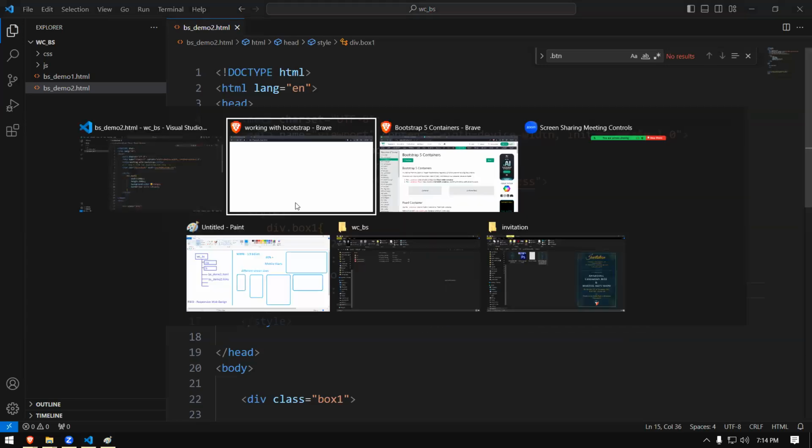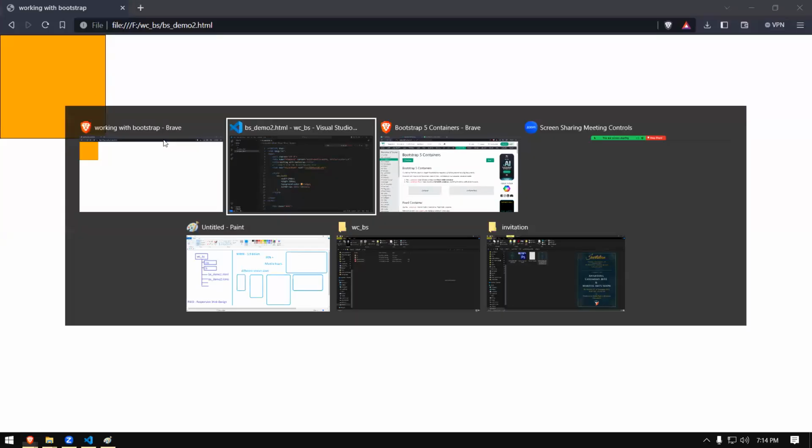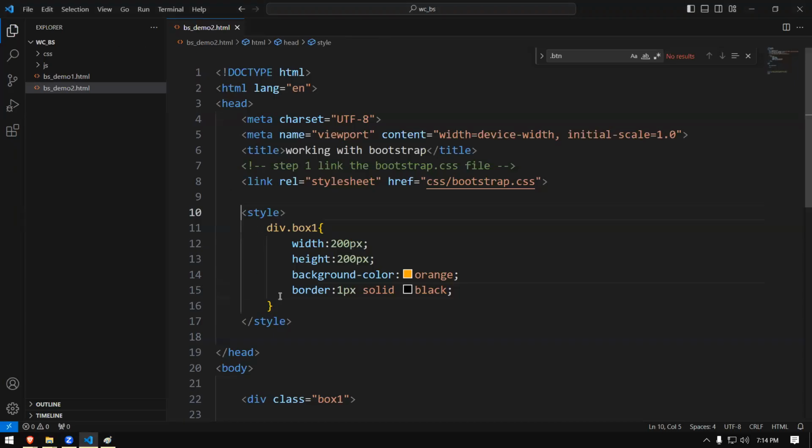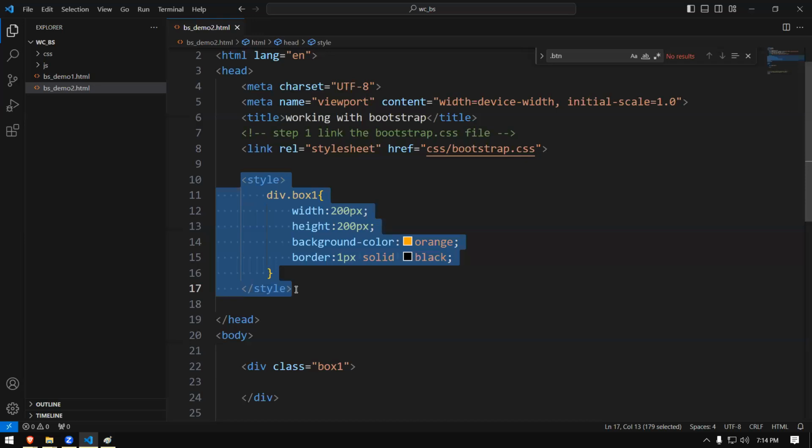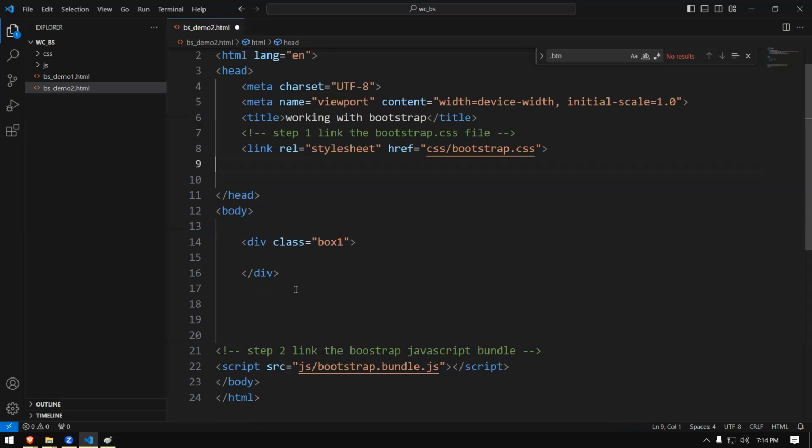So if I reload the page, we get something like that with the background brown and a black border, a small thing we can do. This is manual code, right? So we're not going to use this one like this now. We can use it to customize, but I'm avoiding that now. Let's work with the basics. So instead of saying it like that, there is a word. First thing that you're going to learn is you can use something called